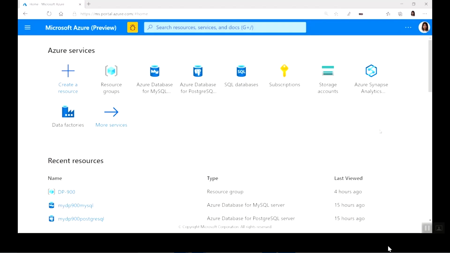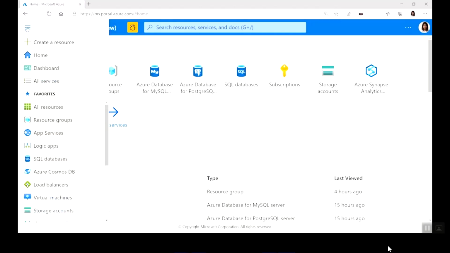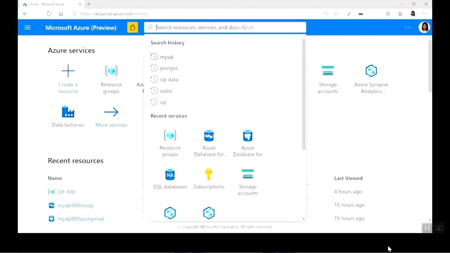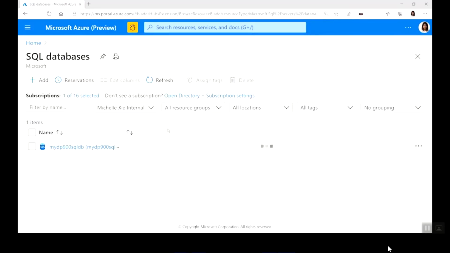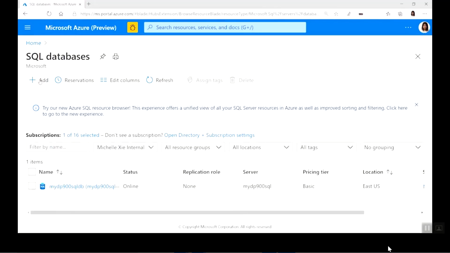So this is what the home page of my Azure portal looks like. Now I am using the preview version, so yours might actually look slightly different, because preview means it's still in beta mode. To create any resource, including an Azure SQL database, I can come into my left-hand menu bar, open this up and create a resource from here. Alternatively, what I like to do is search for the resource I'm creating. So if I look up SQL database, for example, I get to create an Azure SQL database from here. And so I simply go add,